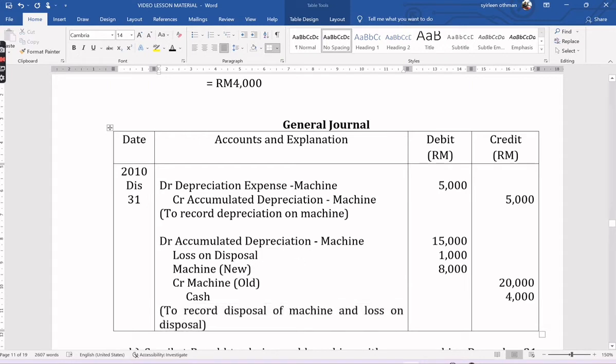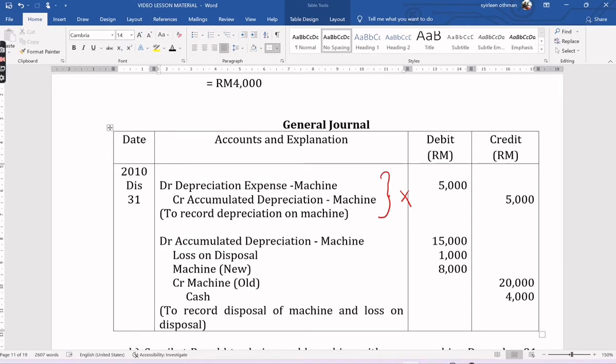Okay, so kita tengok balik. Yang ini saya catat sebab depreciation for 2010 belum pernah dicatat lagi. So you need to do that first. Tetapi kalau you guna yearly basis, catatan ni tak ada. Kalau yearly basis, kenapa yearly basis tak ada? Sebab